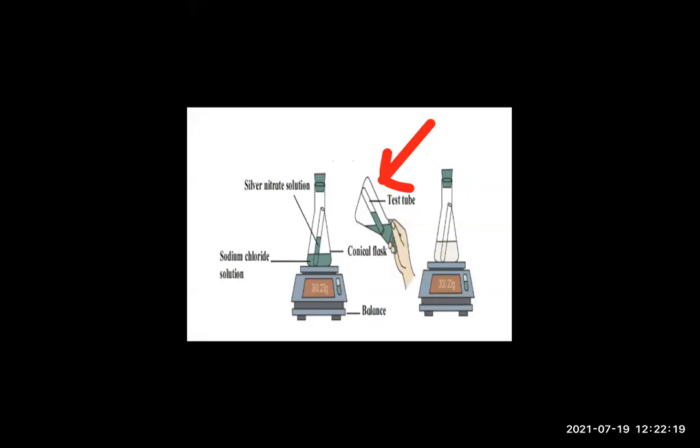Now you have to again weigh the conical flask and observe which changes you find there. Did any insoluble substance form? Was there any change in the weight? All these observations you have to note down. So now, a chemical reaction occurs between sodium chloride and silver nitrate. Children, can you tell me which products will be formed when sodium chloride reacts with silver nitrate? Which product is formed over here?